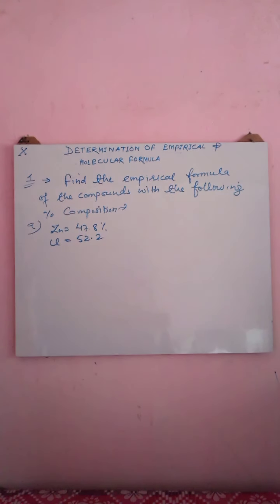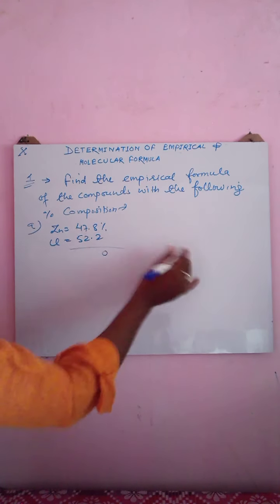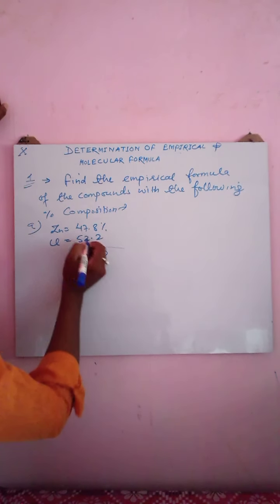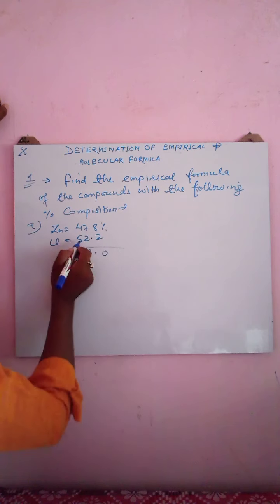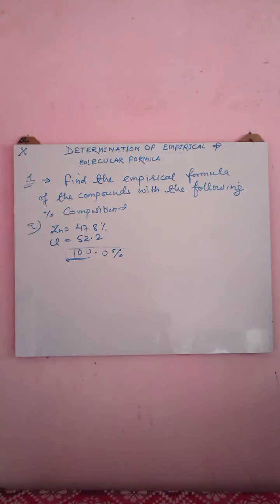First of all, you have to recognize whether it is an organic or inorganic compound. From the percentage composition, it is clear the compound will be inorganic. So there is no need to apply the first method I told you. Oxygen, carbon, and hydrogen are not present, because the total addition here comes to 100%. It means other elements are not present as per the numerical.